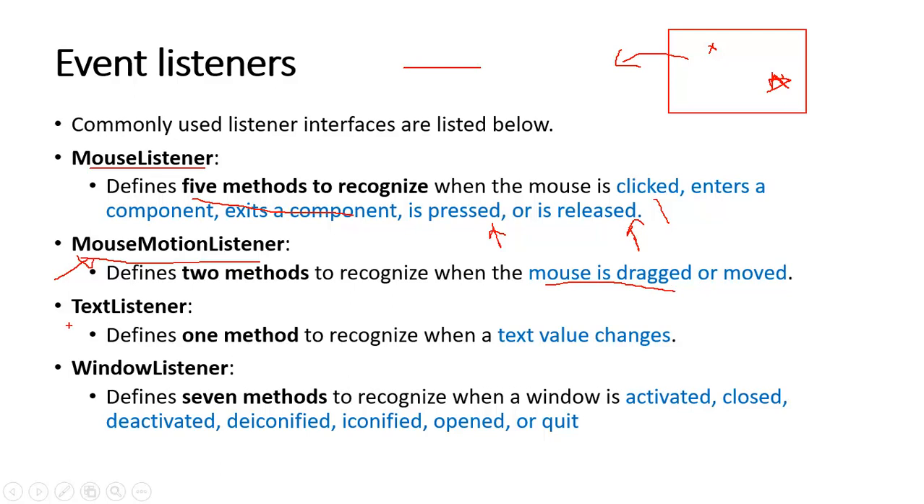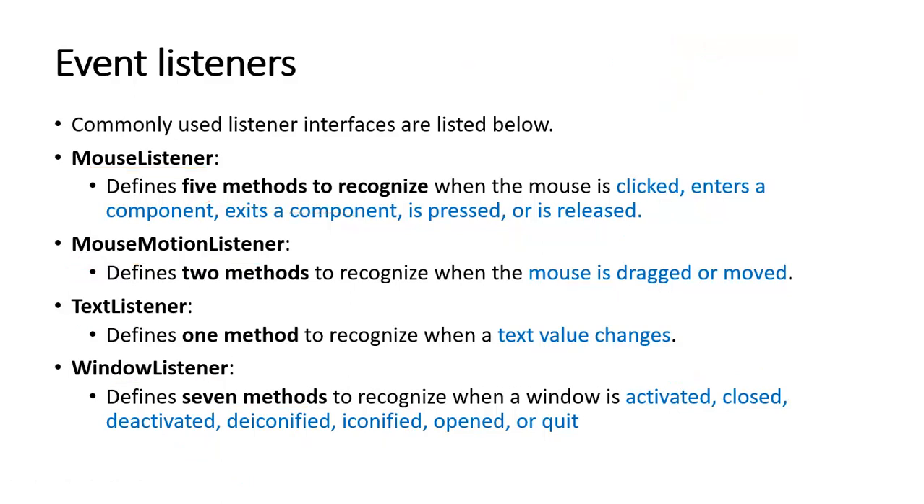Next, let's look at the other event listener, and that is the text listener. Now this is used when the value of the text changes. So when you change the value of a text box or text, this event fires. We also have the window listener. It has 7 methods based on when the window is activated, deactivated, closed, iconified, de-iconified, opened or quit. Now if you really didn't get it,